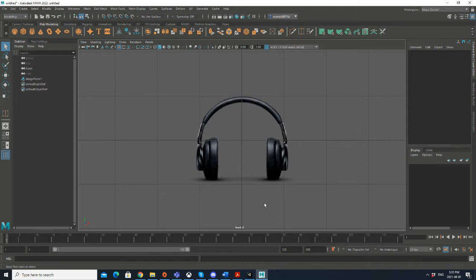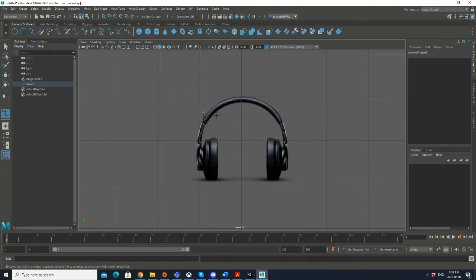Okay, so what we are going to take a look at here is the kind of curves, and you may find the curves useful in some occasions, especially when you want to design a curved